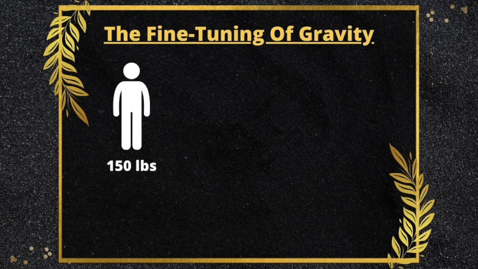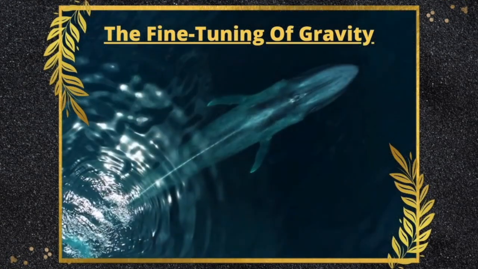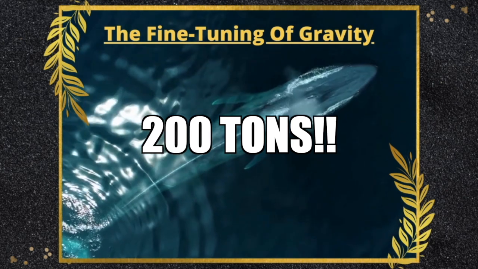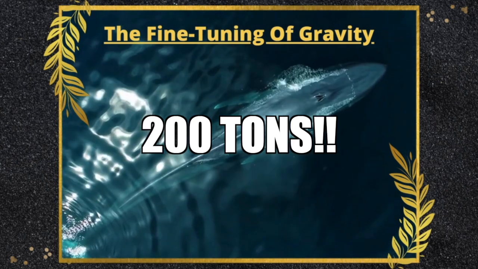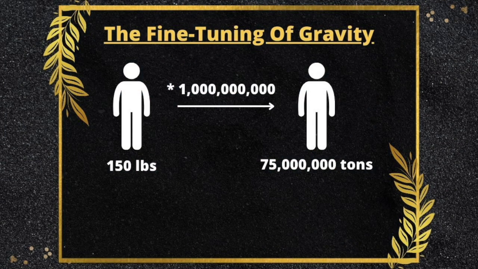Imagine right now if the force of gravity was increased by 1 billion times. If you weighed 150 pounds, that would mean that you weigh now 75 million tons. You know, that's insanely heavy. By contrast, the heaviest animal that's ever lived is the blue whale, which can get up to 200 tons. And the only reason why it can survive being as big as it is is because it lives in the ocean. You know, so nothing would be able to be that heavy. It would be absurd. And that would just be the size of a human. A human would just be that heavy.